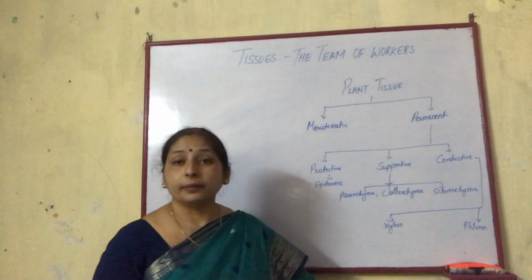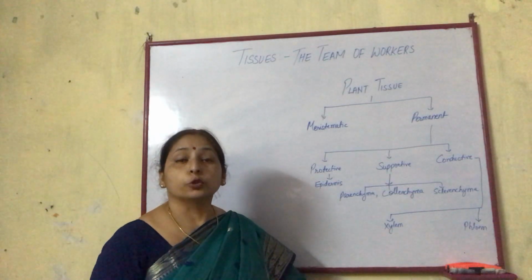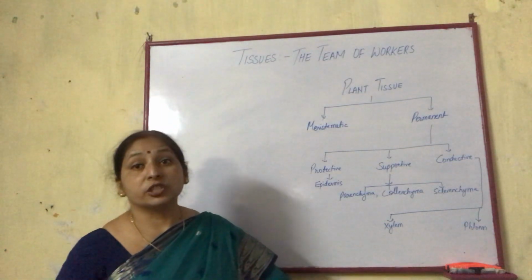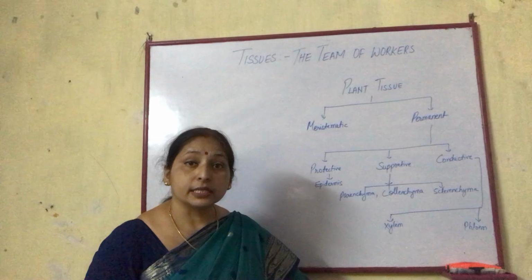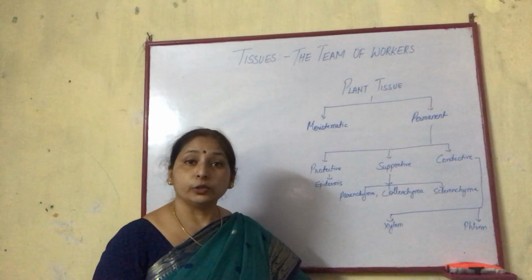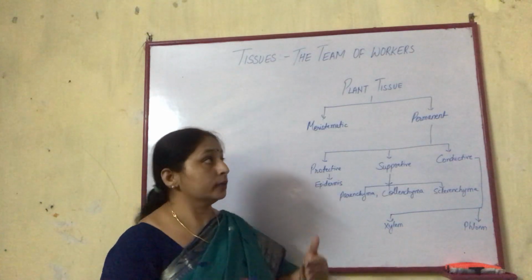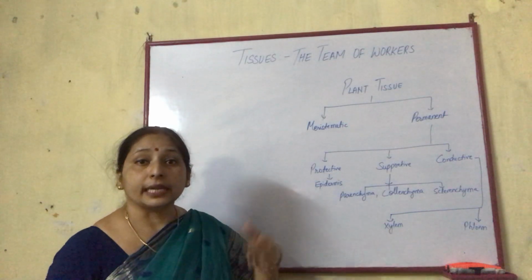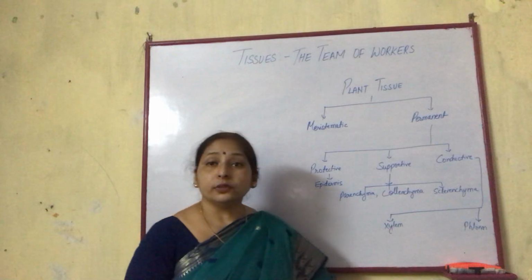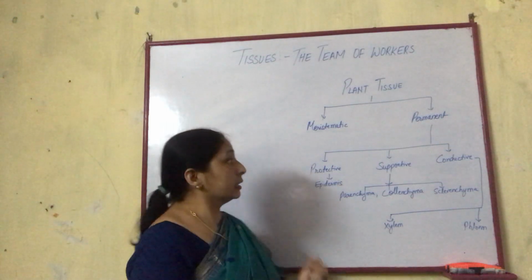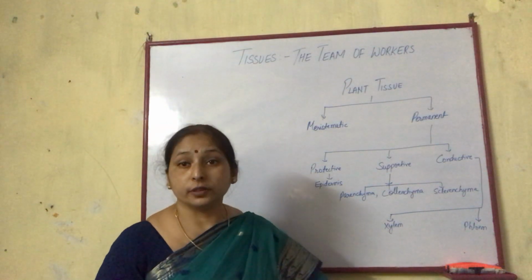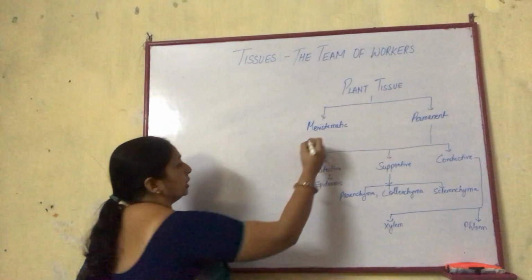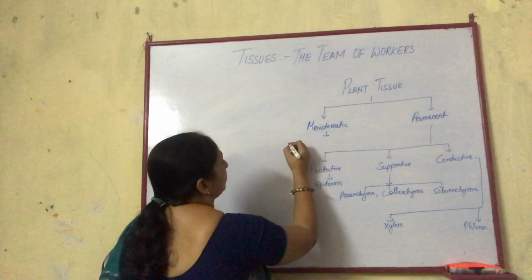Meristematic tissue: meristem means the growing area, or the cells. In the meristematic tissue they are the dividing cells, which have the capability to divide. When they are dividing, they help the plants to grow in size, to grow in girth. So all the factors which are responsible for the growth of the plant are by meristematic tissue. Meristematic tissue is a tissue which has the ability